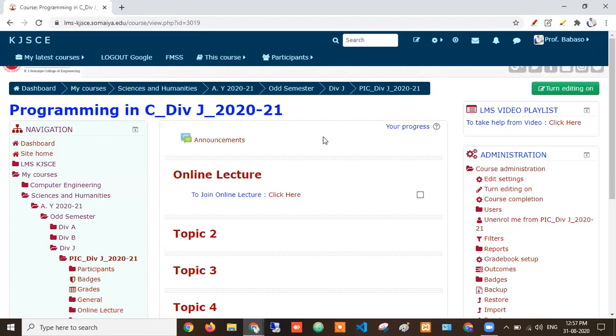Ma'am, the video you are sharing, the sharing rights are only with you. Google Drive works with sign-in, and the credentials are different, ma'am. But if you give sharing rights to anyone and share that link here, then students can click the link and anyone who has the link can see it. But if you are not sharing those rights with anyone and you are sharing the link here, students cannot see it; only you can see it. You have to give sharing rights there. So in Google Drive I have to go and give sharing rights to everyone. Yes, ma'am. Okay, I'll try.